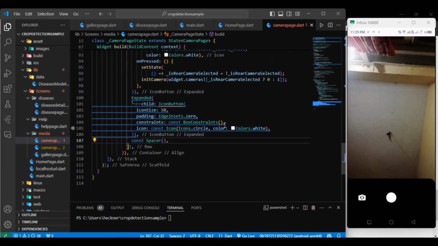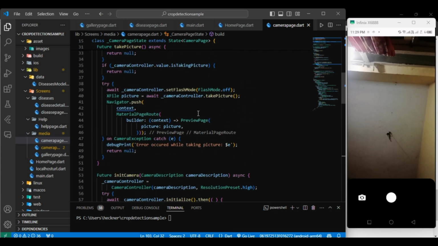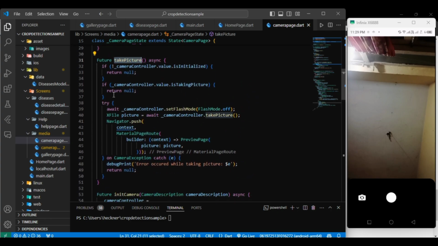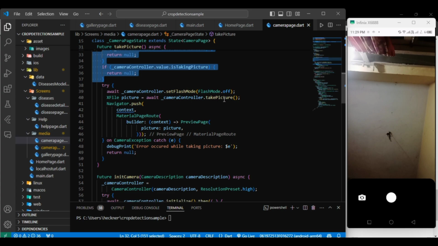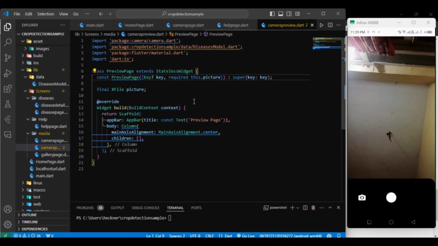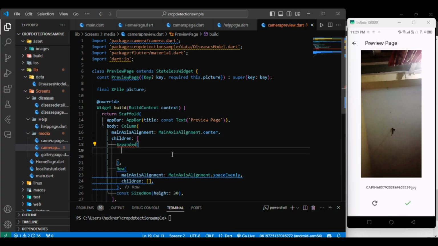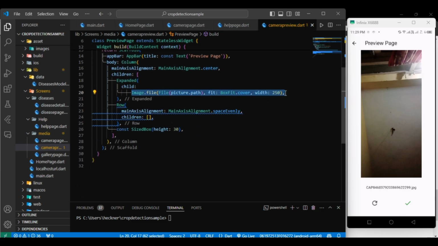Now the second icon is the icon dot circle, and on pressing it, we have to call the function named take picture. So this take picture function will be called, and if we take a picture, then it will store and will redirect to the preview page. So let's click a picture, and in the preview page, we can see there's an image, there's a redirect button, and there's a confirm button. Okay. Now the first thing is we are going to show the image clicked,